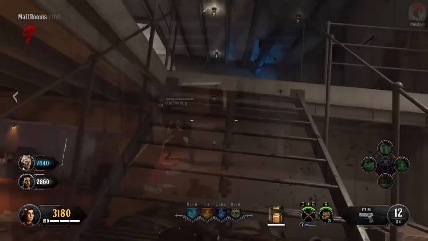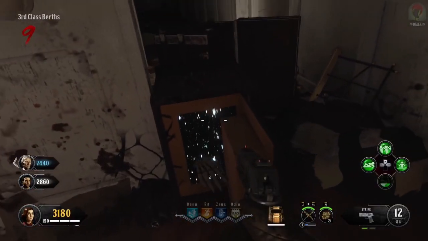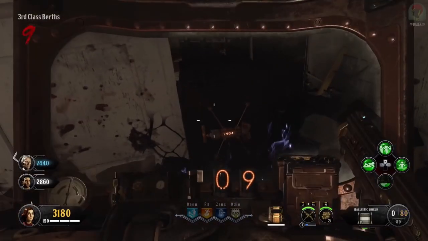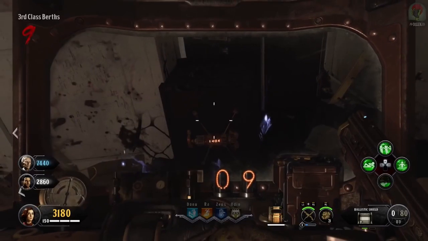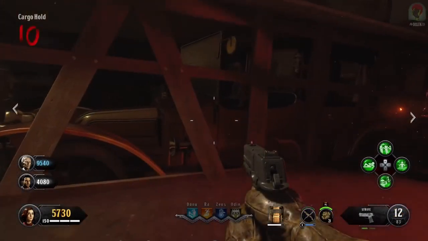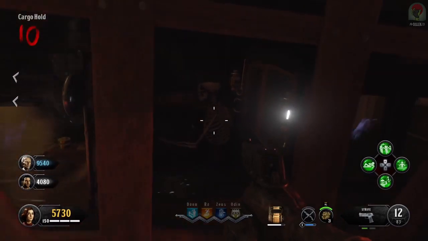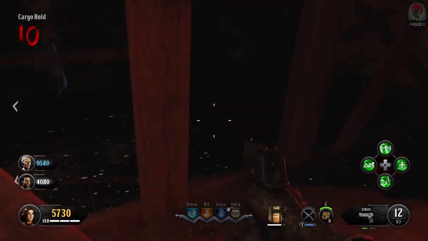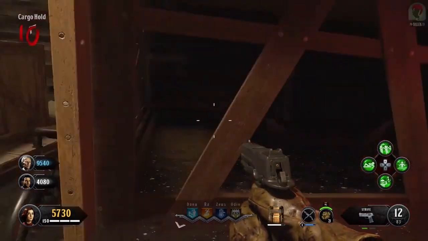But we head back to the safe in the third class berths, we put that bone part in, the safe closes, and if done correctly, you shouldn't be able to get rid of the code cracker anymore. It should be stuck on that safe. And now we can move on to the last and final step. So for the last and final step, head to the cargo hold, and next to this fast travel, you're going to notice a car here with a skeleton's body in, and if you hold square or X, you'll see that the car will slowly fade away into the